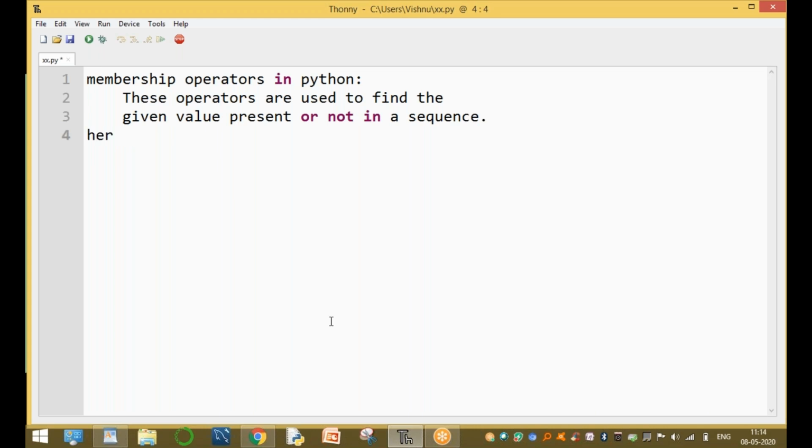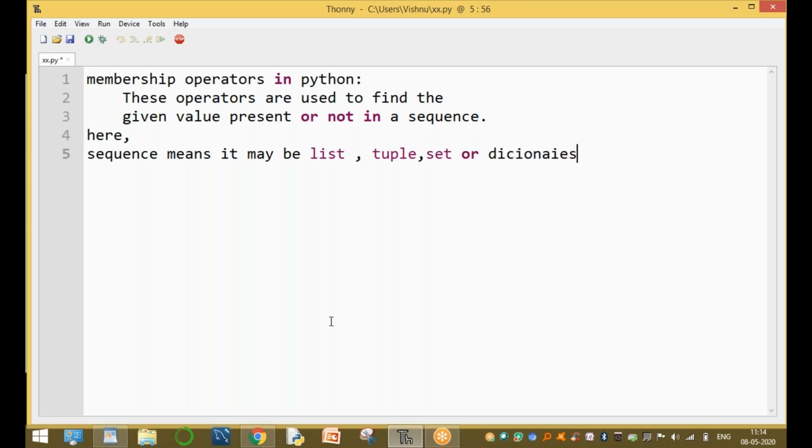Here, what is a sequence? Sequence means it may be either a list, tuple, set, dictionary, or string.